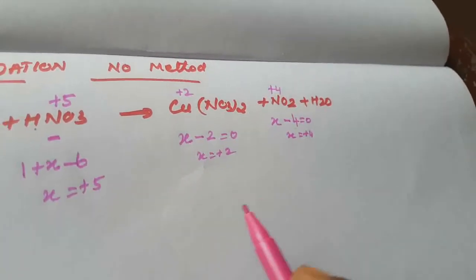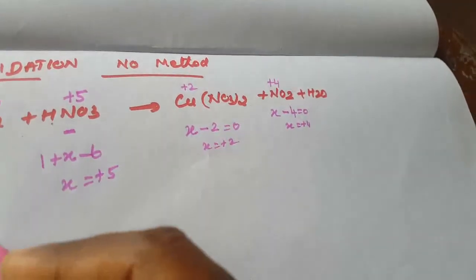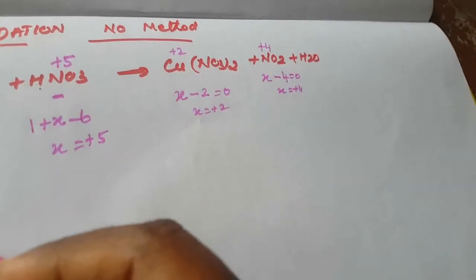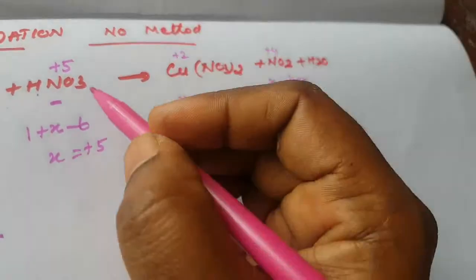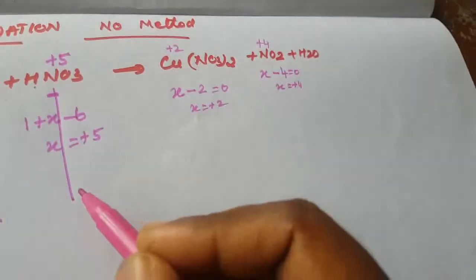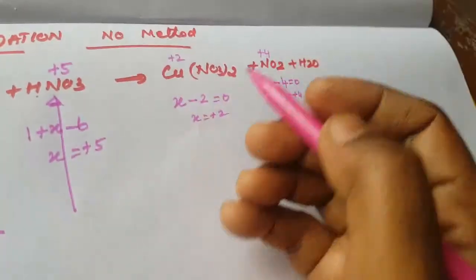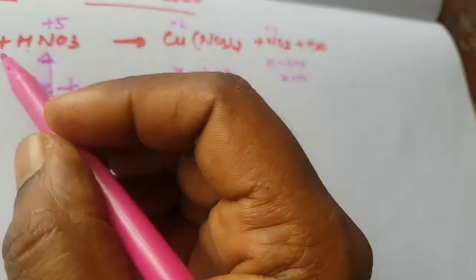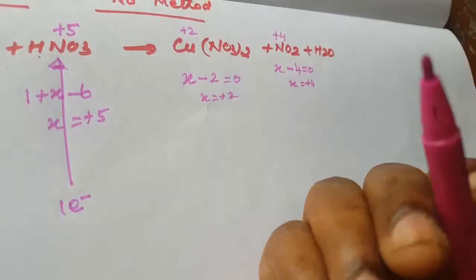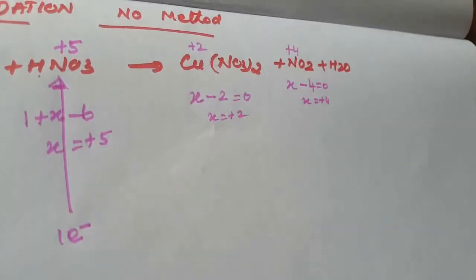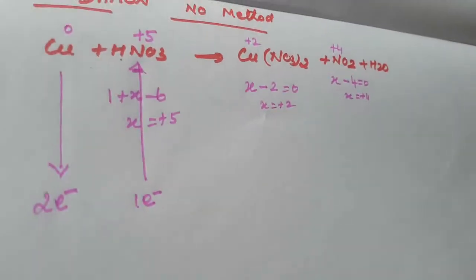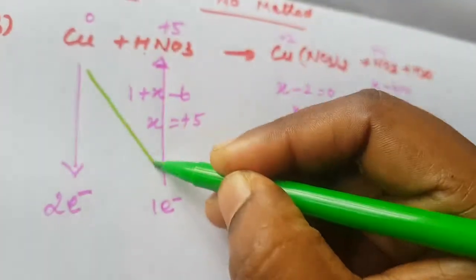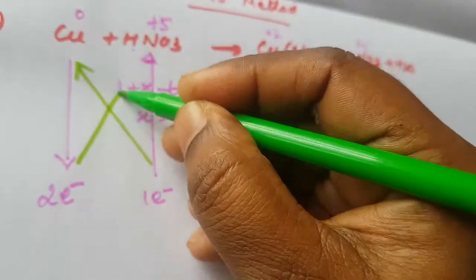How many electrons are involved? So that is copper, it is oxidized, losing 2 electrons, right? Here the nitrogen, only one atom of nitrogen gains 1 electron, it is reduced by 1. So that is 1 electron. Here 1 nitrogen is there, here also only 1 copper is there. So now you just cross multiply. How to cross multiply? Multiply the nitrogen side by 2.